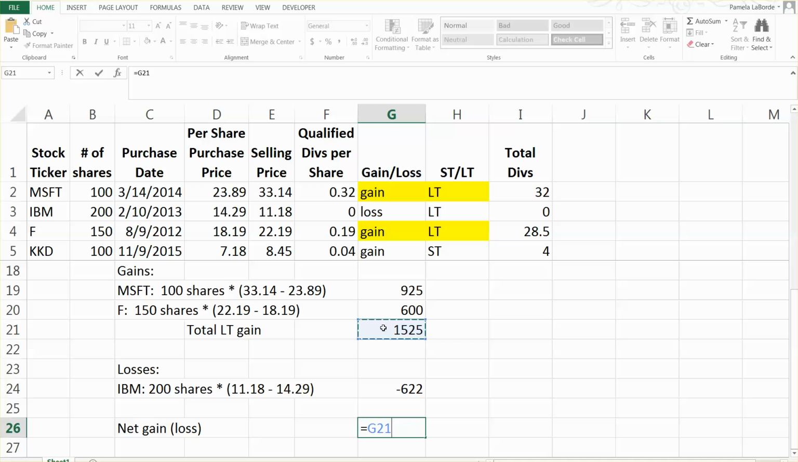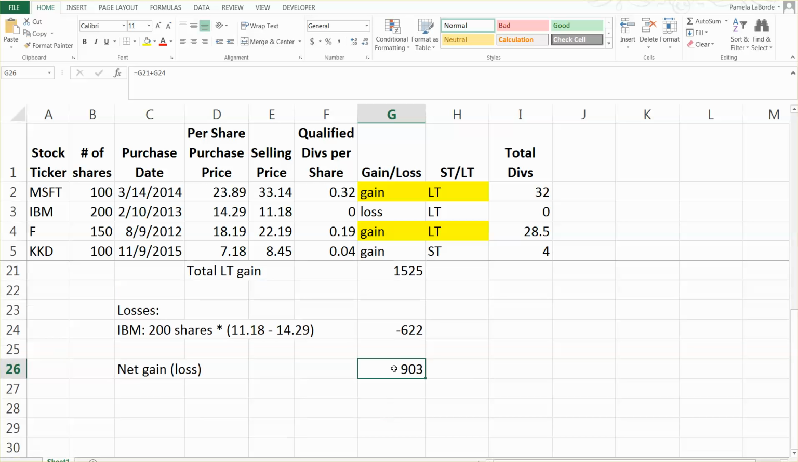To calculate, I take the 1525 minus, actually, because I have my loss reflected as a negative, if I did 1525 minus a negative 622, it would actually add the 622, and I don't want it to. I want it to subtract it. So since I have my 622 as a negative number, I'm going to add it, and that way it'll really subtract it. So my net gain is $903. I'm going to owe the 15% tax rate on that